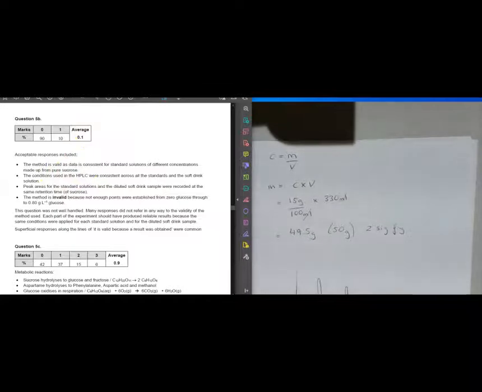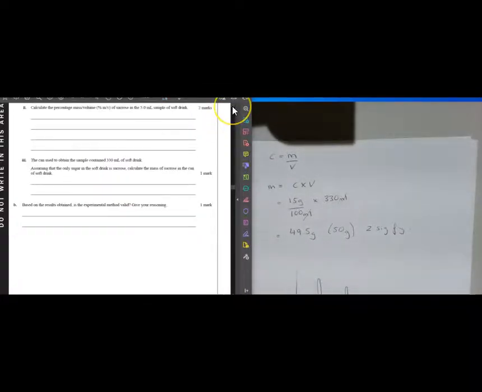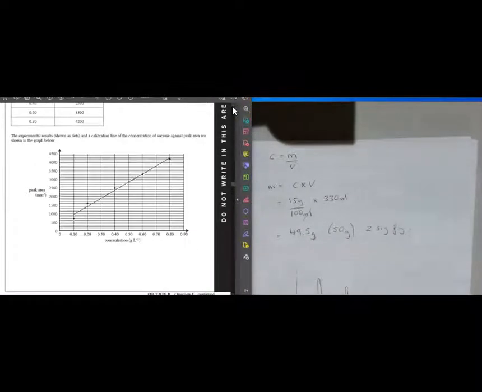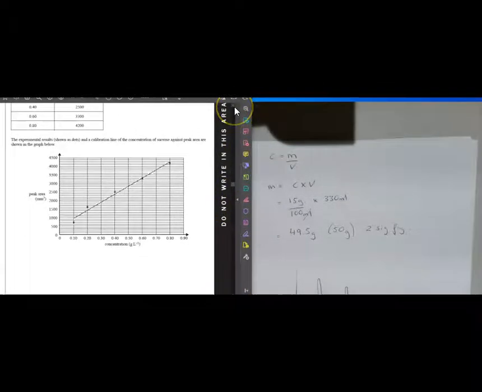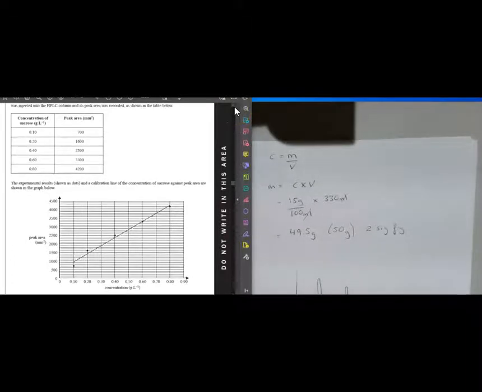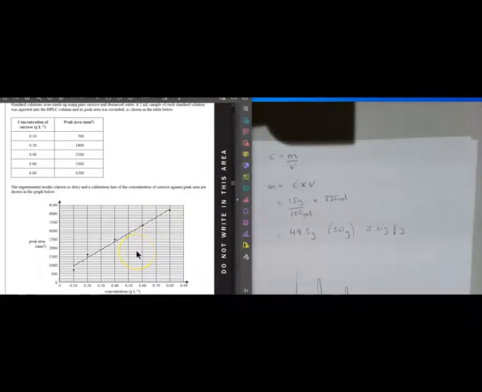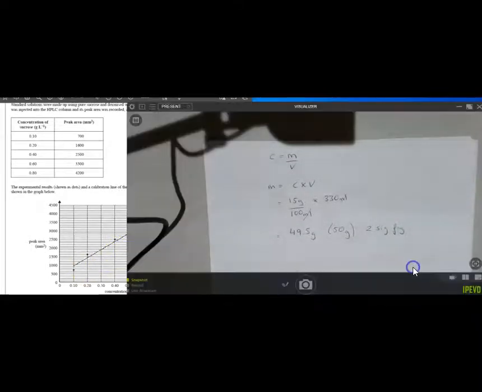So they were basing what they were doing, their sucrose analysis of the soft drink, is it soft drink? Something, on that there was sucrose in the soft drink. That has to make it valid. So in order for you to know if there's sucrose in the soft drink,